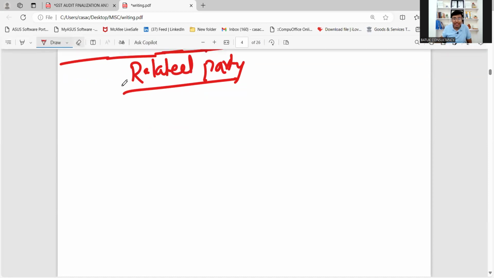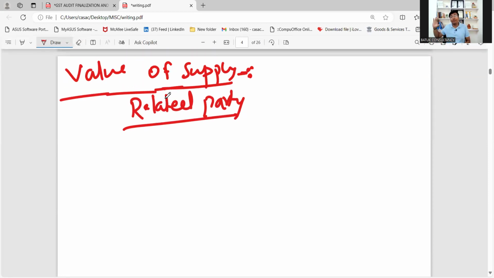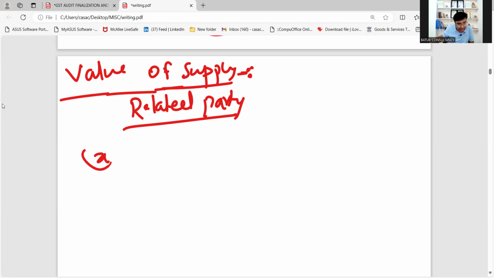Or I have one distinct person in Gujarat, and I am going to transfer input tax credit, or transfer certain products, or provide certain services to my other business entity. Suppose X and Y are related parties. That means X is the head office and Y is the branch. If X is going to send particular goods to Y,